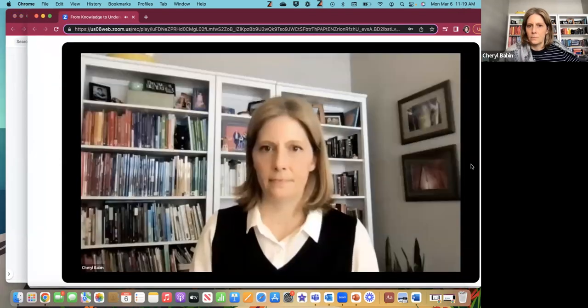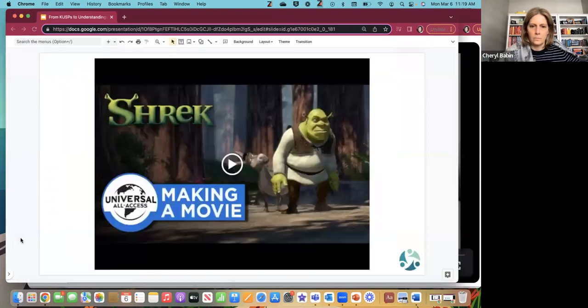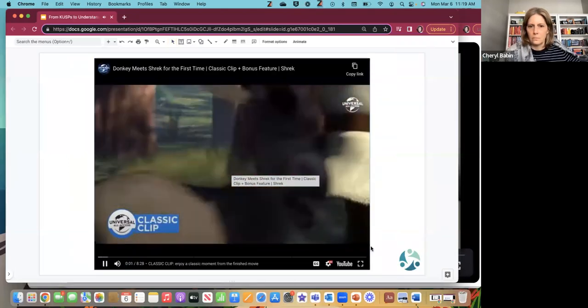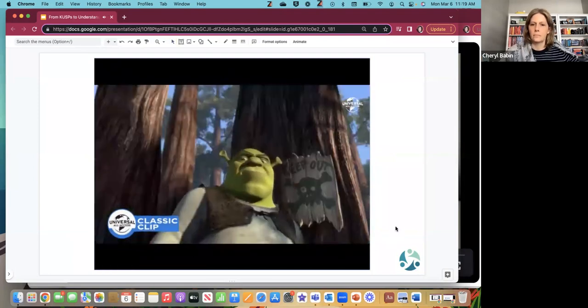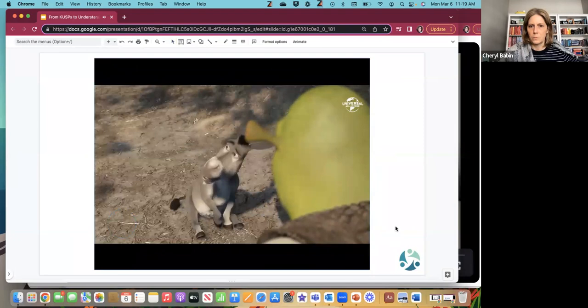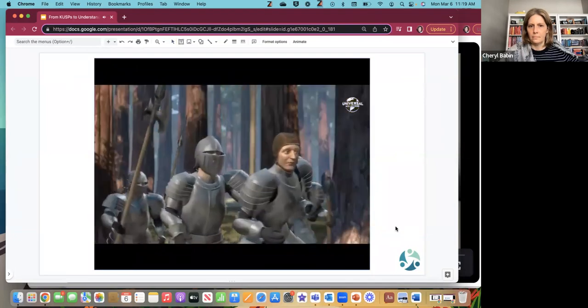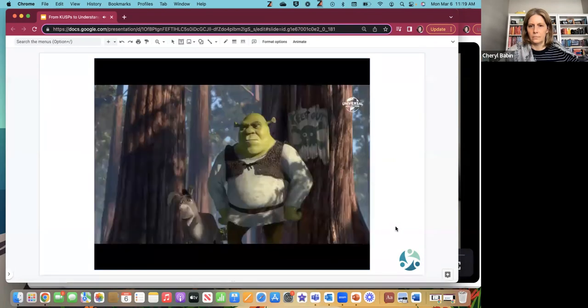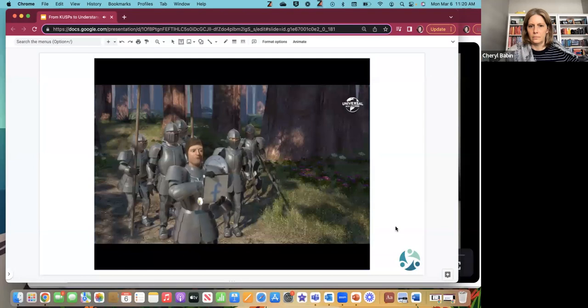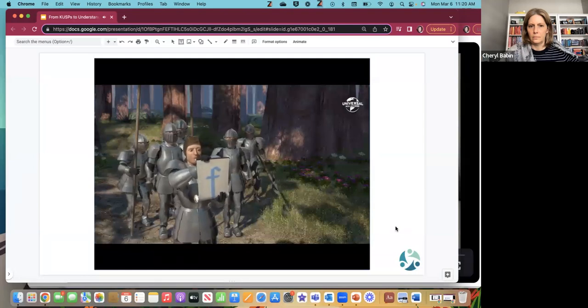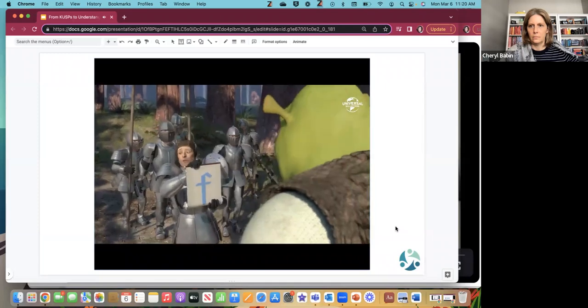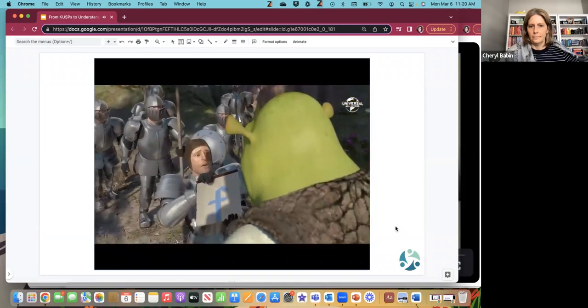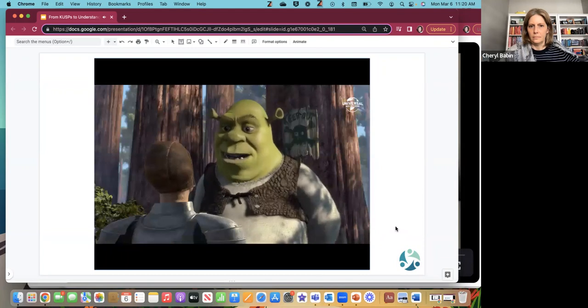You there, Ogre? Aye. By the order of Lord Farquaad, I am authorized to place you both under arrest and transport you to a designated resettlement facility. Oh, really?